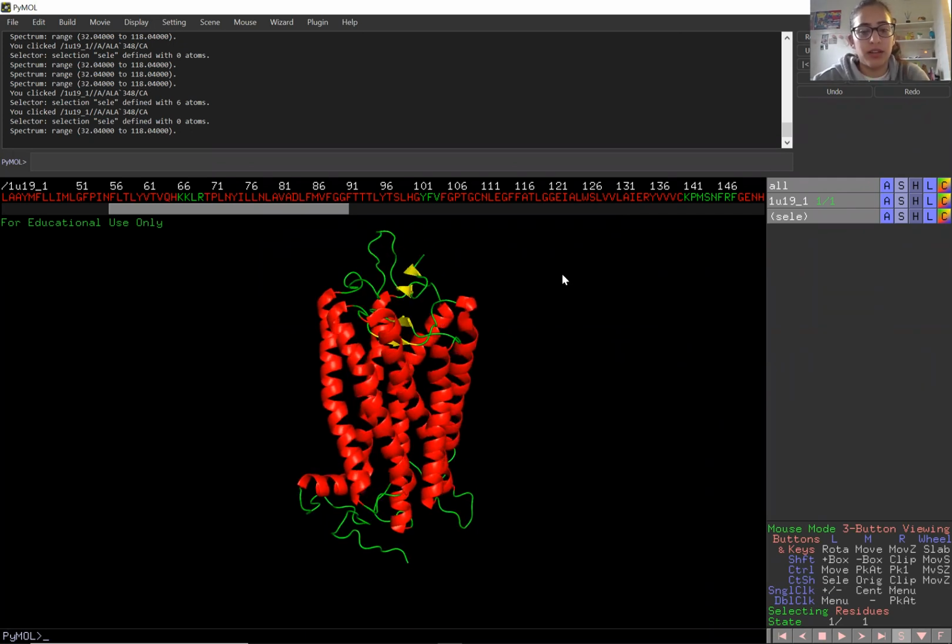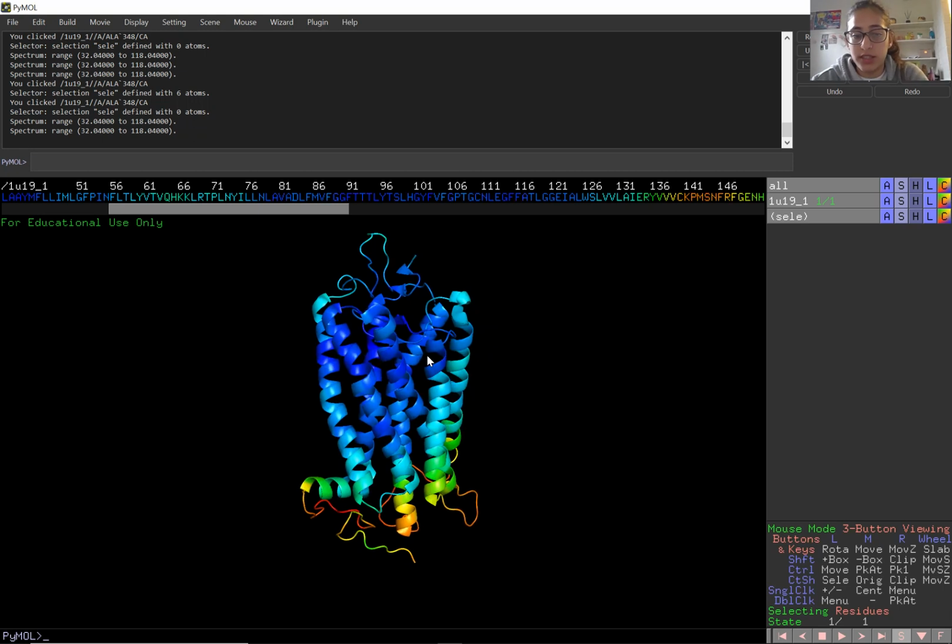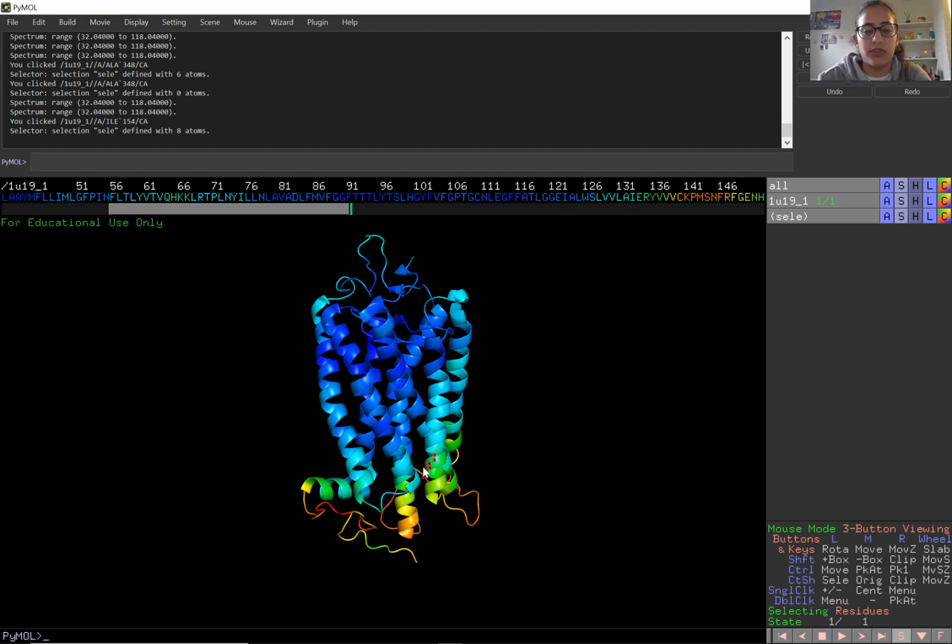as well. We can also see the B factor, which gives us some information about the motility of different parts of the protein. In blue, it says low motility, and this is in the membrane. That's expected because there's not much movement. But at the bottom, at the C terminus, we can see that there's a lot of movement shown in red. And that suggests that this part of the molecule is what interacts with different molecules to allow for rhodopsin to